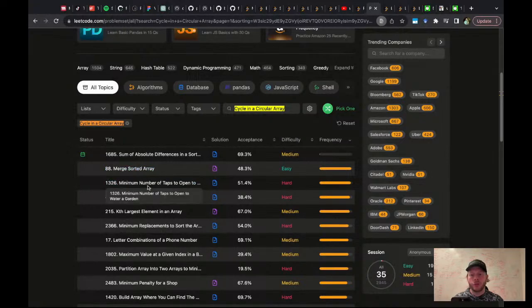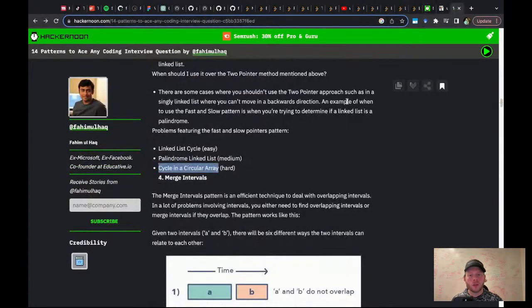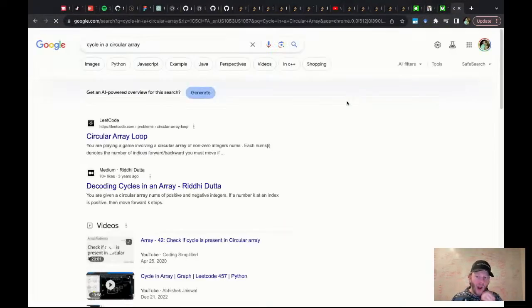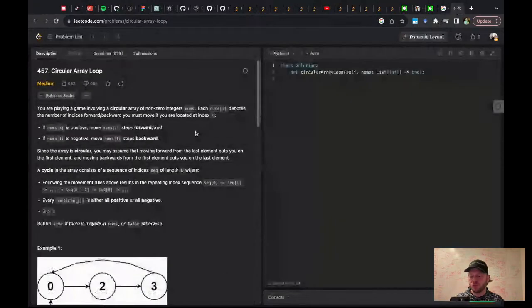Merge sorted array. What's this? So let's do it. It's called circular array loop now, is it? We're playing a game involving a circular array of non-zero integers, okay?